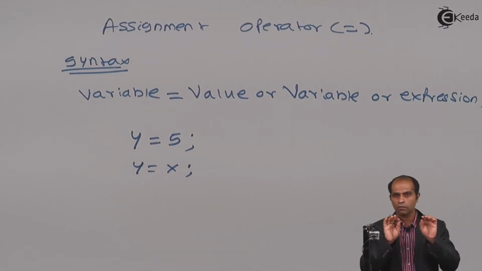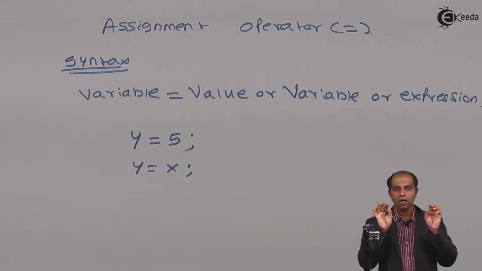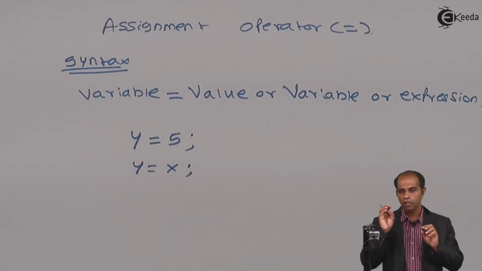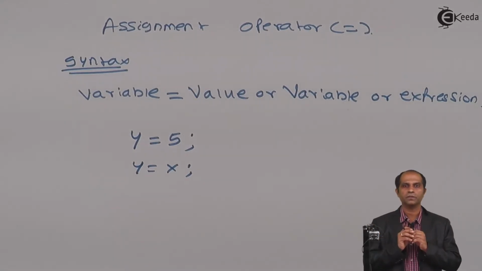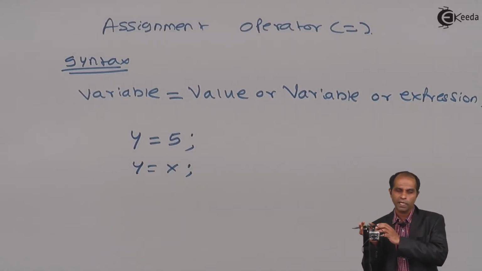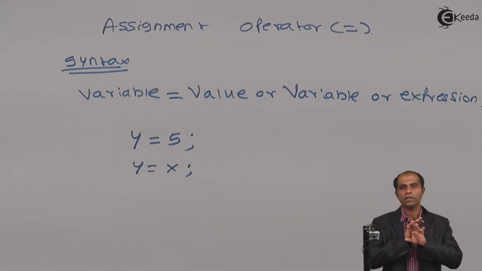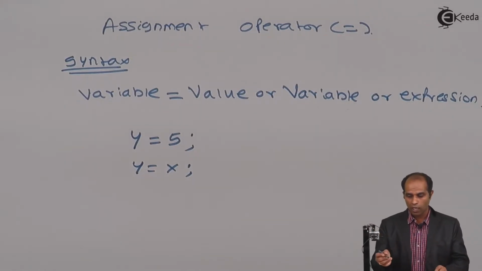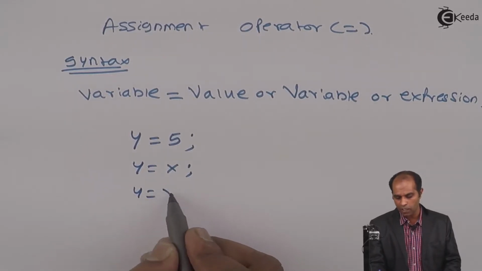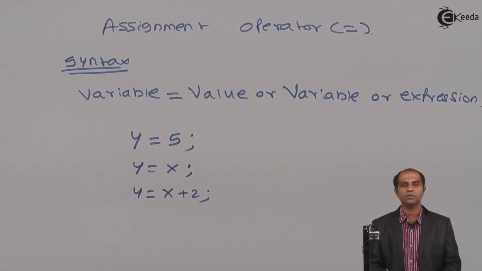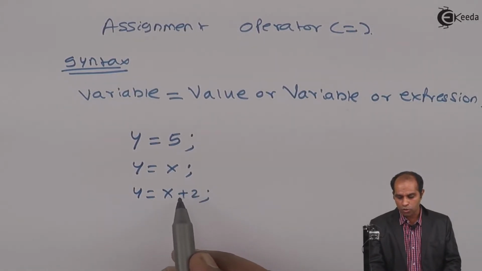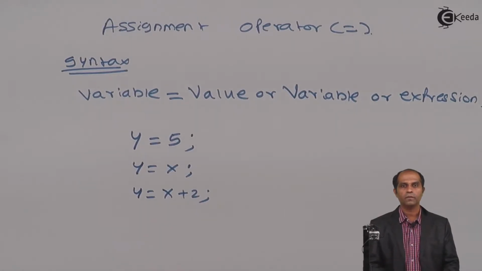After that, none of these variables will have any association with each other. If y gets modified, it will be purely y. If x gets modified, it will be purely x. Only at the time of taking the values, the value is transferred from x to y, but after that they don't have any relation. So I have a value, I have a variable. Now let me write an expression at this place, y equals to x plus 2 semicolon. Here I have an arithmetic expression storing the result into a variable y.